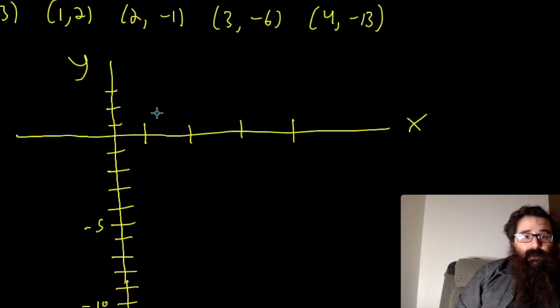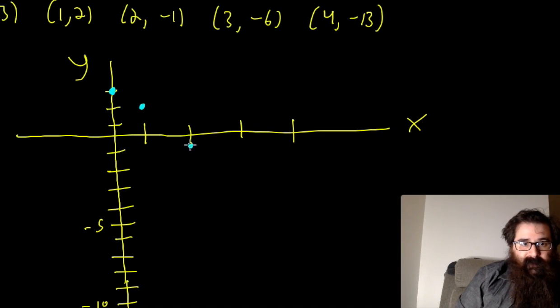So I have 0, 3. So that means I want 0 in the x direction, so right in the middle, not moving to the left, not moving to the right, but then up 3. So I can plot that point. Then I have 1 comma 2, so x is 1, y is 2. I can plot that point. 2, negative 1 is now underneath the x-axis. And then 3, negative